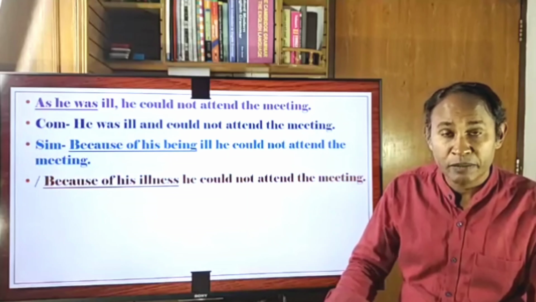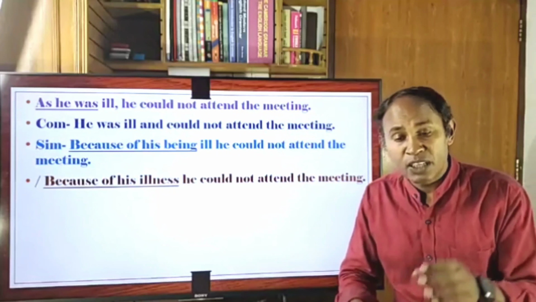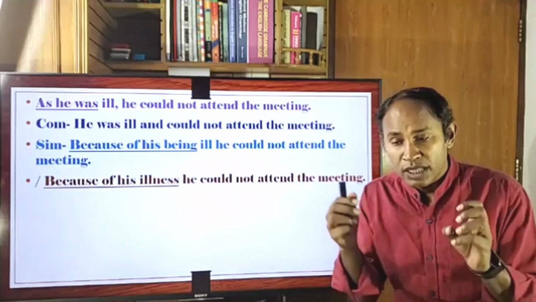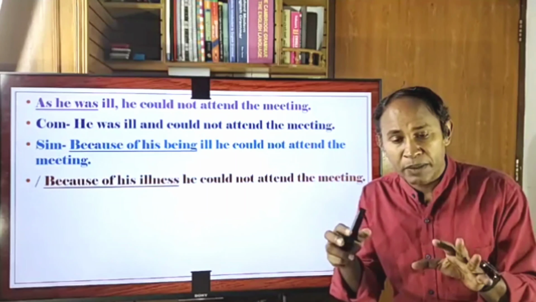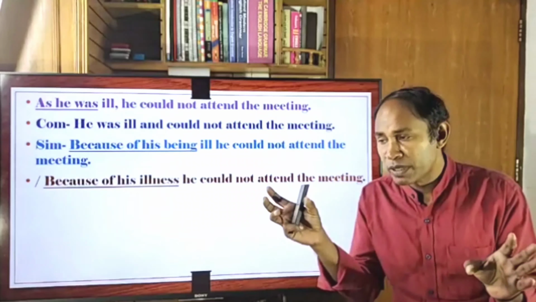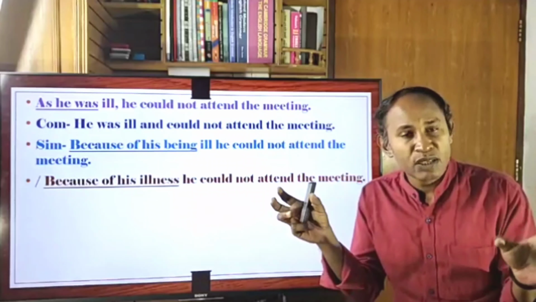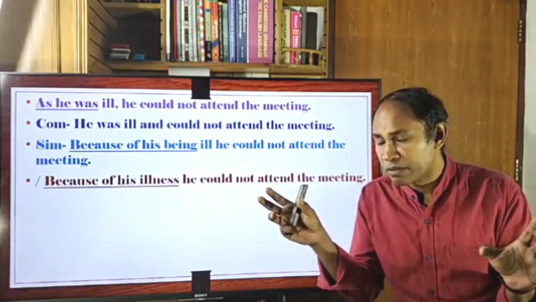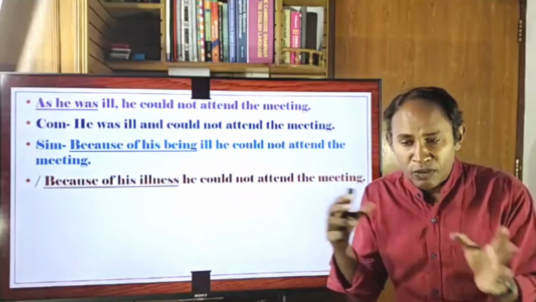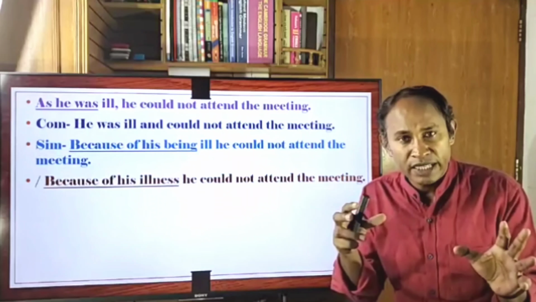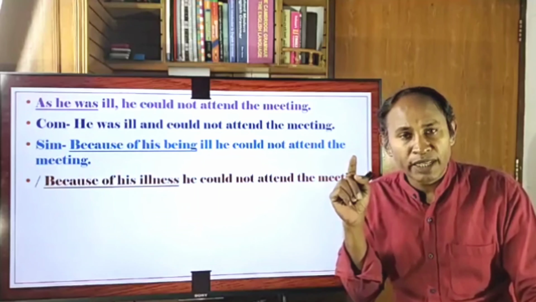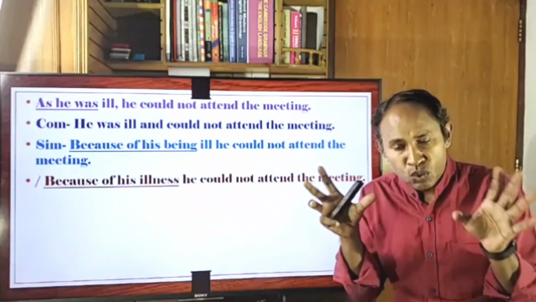That is also a correct answer, but I must say, as there is because of, as, since, একটা reason clause যদি থাকে কখনো, reason clause, you understand that there will be 2 parts of a sentence, one will be the reason, another will be the effect or the result. এখানে দেখো as he was ill, যেহেতু সে অসুস্থ ছিল, he could not attend the meeting, প্রথমটা আগেরটা হচ্ছে reason, কারণ, তারপরটা হচ্ছে ফলাফল। এই কারণ আর ফলাফল এমন যদি থাকে একটা সেন্টেন্সের মধ্যে, তো সেই ক্ষেত্রে বিকজ অফ লেখাটা বেস্ট, বিকজ অফ লেখাটা বেস্ট।